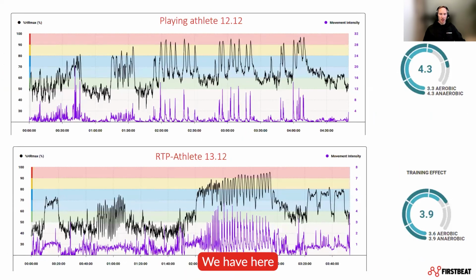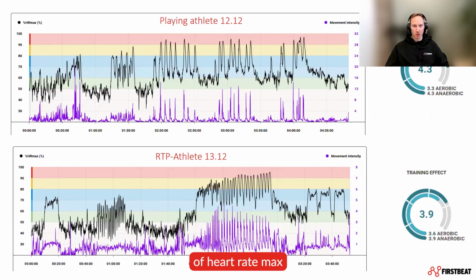We have here on the upper chart a playing athlete on the 12th of December with the percentage of heart rate max. You nicely see the warm-up, first period, second period, third period, and then you have the movement intensity chart. And then we have a training session for the return to play athlete with some intervals as the main conditioning